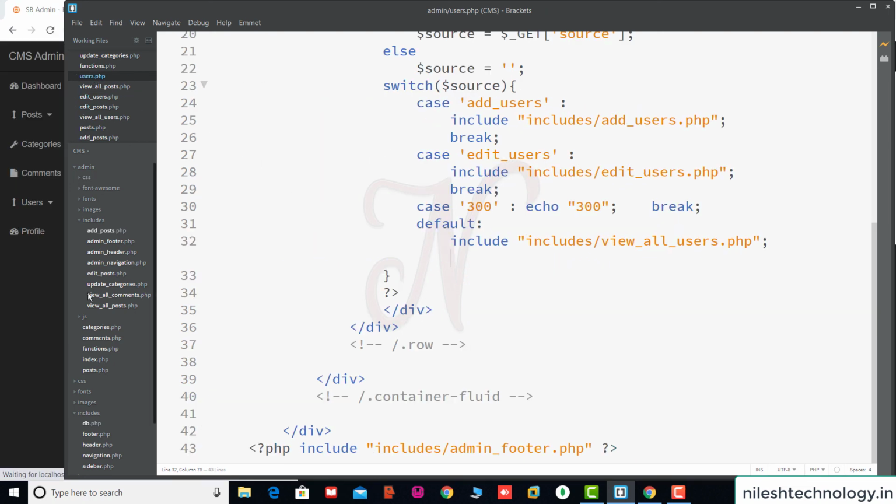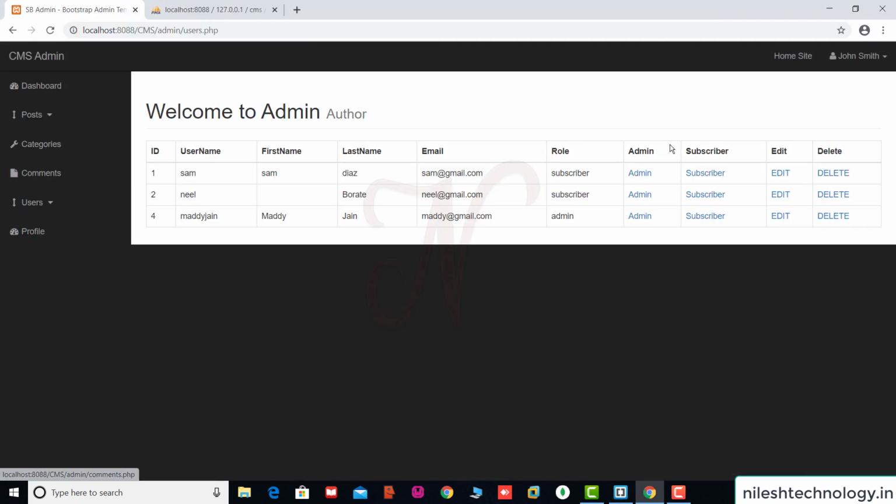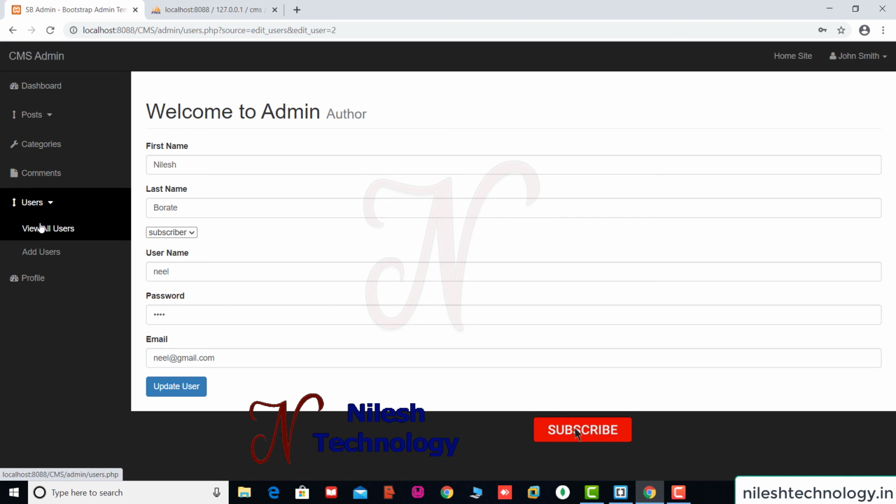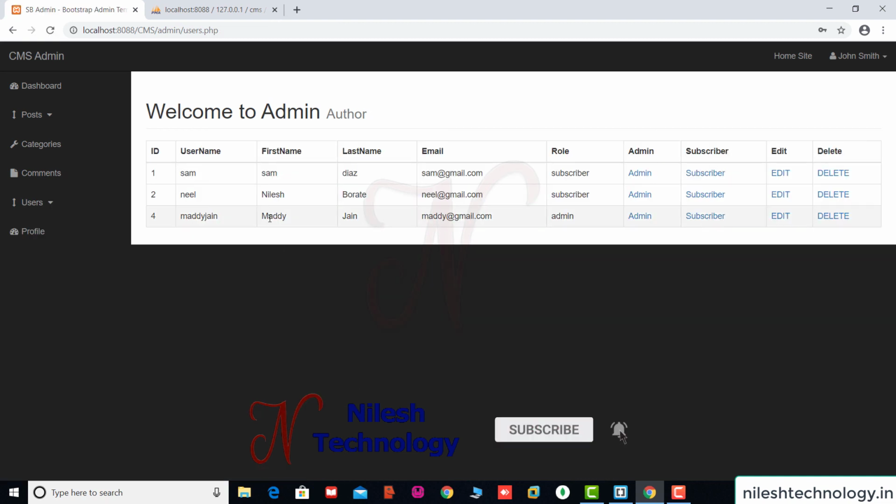Again we run the users.php file, click on this edit, we change the first name of this user. For example, this is Nilesh, update. Okay, so there is no redirect. So again going to this view all users, test here. Finally here we updated the user name. Now we test the user role also.